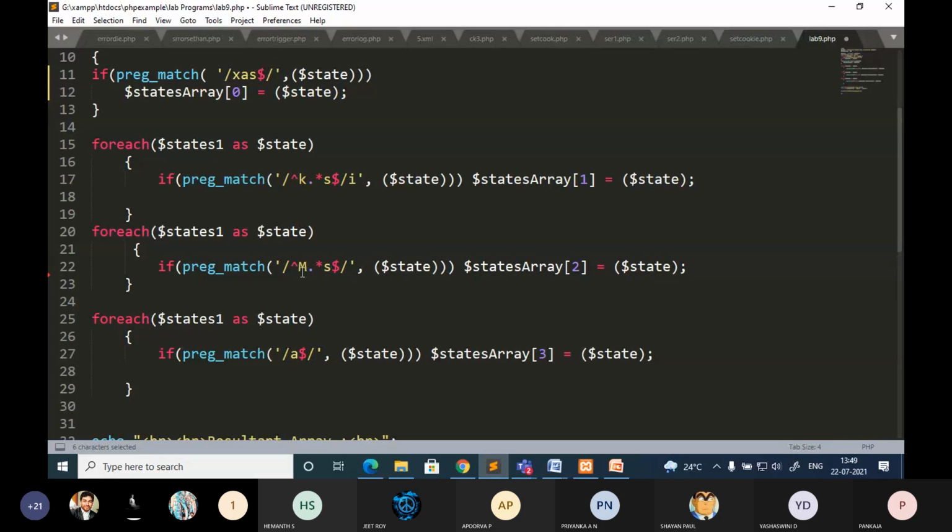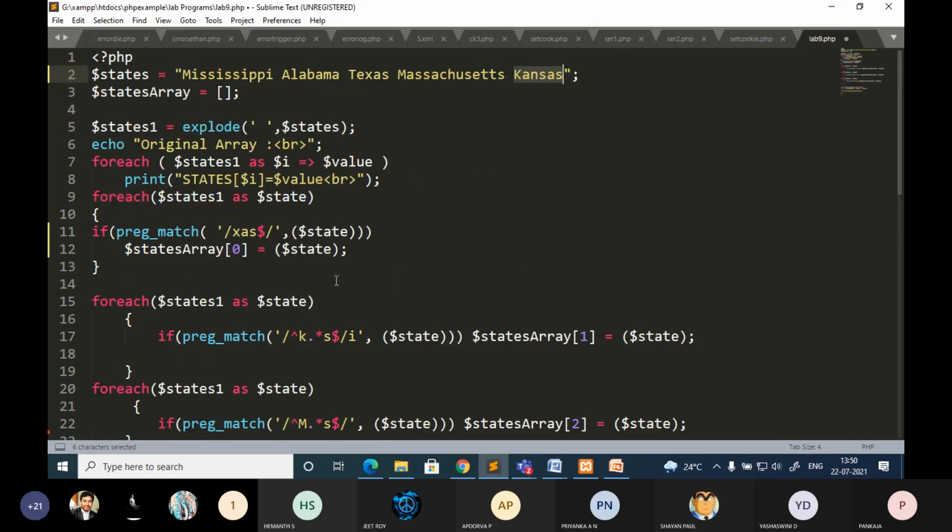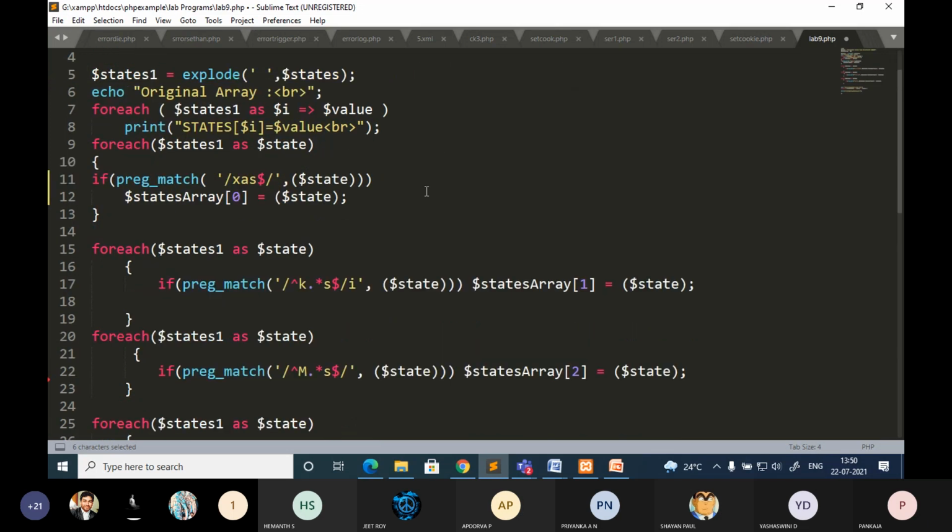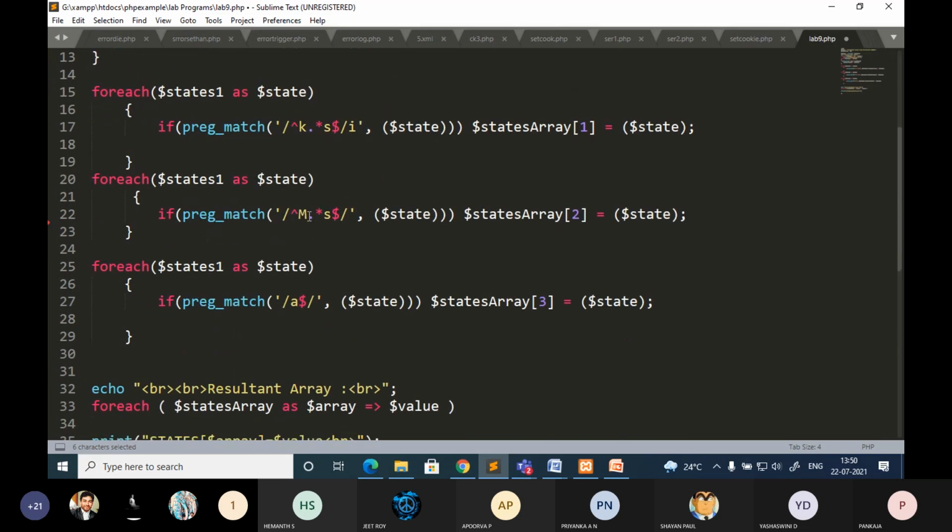Okay, so it is similar to the previous one, but the only thing is it is case sensitive. You need to look into the case sensitivity also. Capital M. We'll just see. I'll give small m and we'll see what happens. It won't match, because I have given here the M that is represented with capital M. If you give small m here, it is not going to find the match. So start with M and end with the S. If it is true, that particular word should be stored into state array position 2. That is, the position is 3 actually, the index is 2.